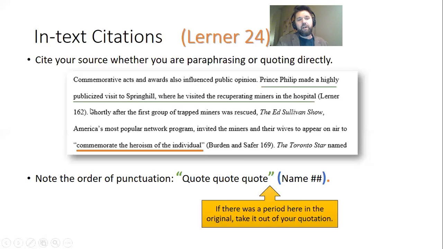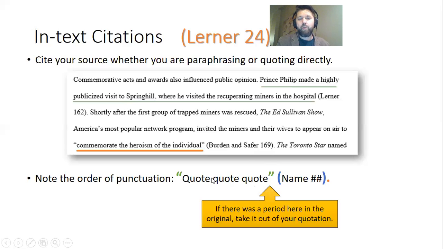So one thing to note, whether it's the quotation or the paraphrase, notice that the period goes at the very end of everything. And the way that I think about this is, if I put a period here, then that would mean that this parentheses part is part of the next sentence, right? Because I got a period that finishes my sentence. But since this is part of this sentence, it belongs before the period.